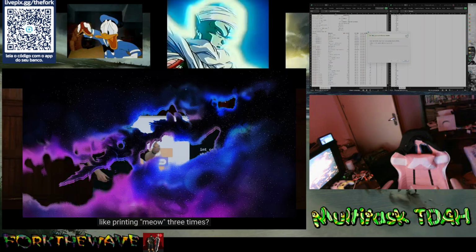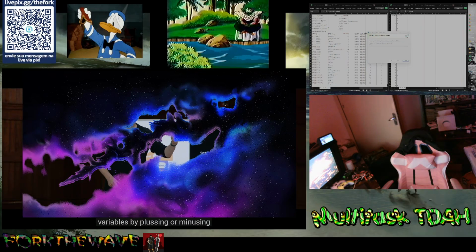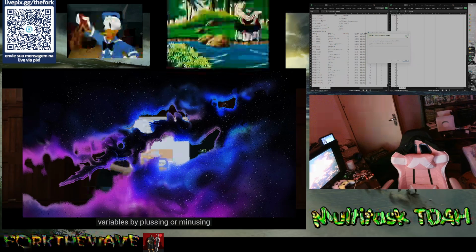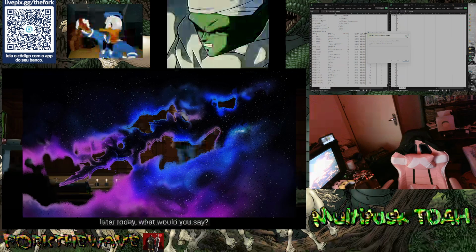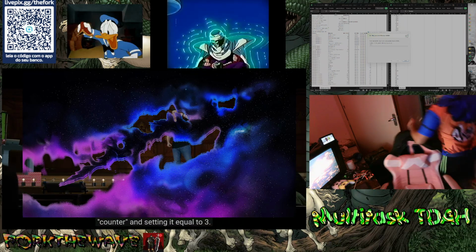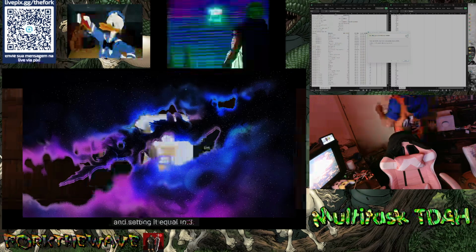Well, I know about variables now, we're about to see loops, and I've seen how I can update variables by plussing or minusing some value to them. Let's combine those ideas. So first, I'm doing what we just highlighted in English. If a friend cares to ask you, what is this line of code doing? Good, it's creating a variable called counter and setting it equal to 3. I'll use slightly neutral jargon.